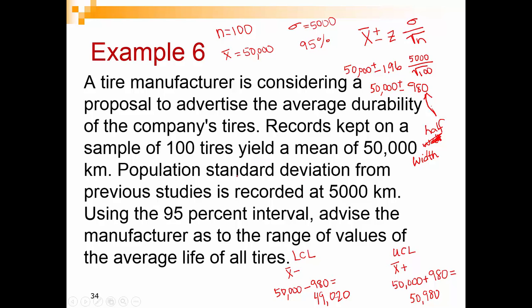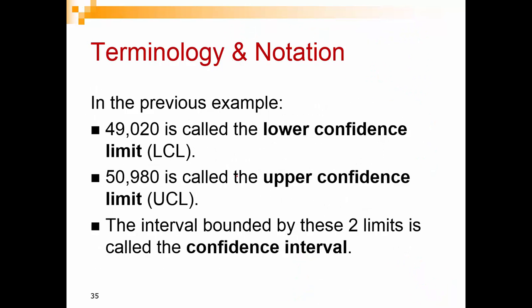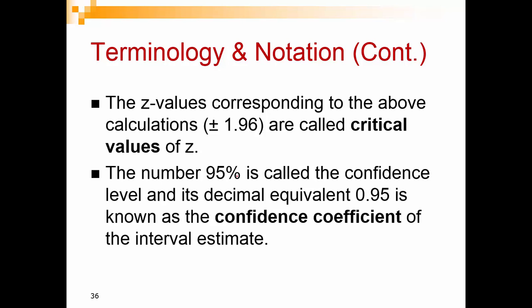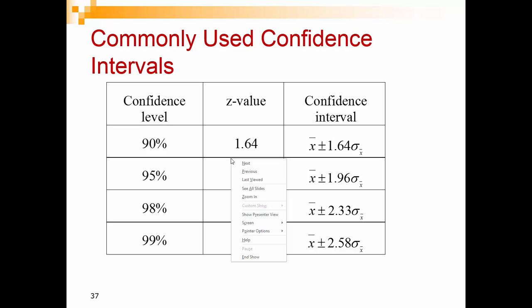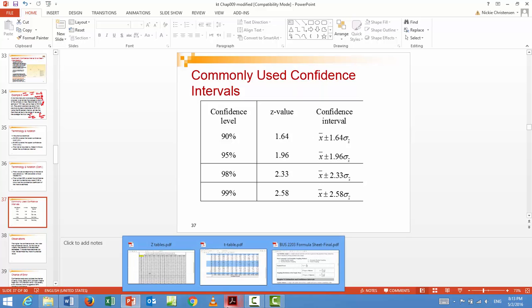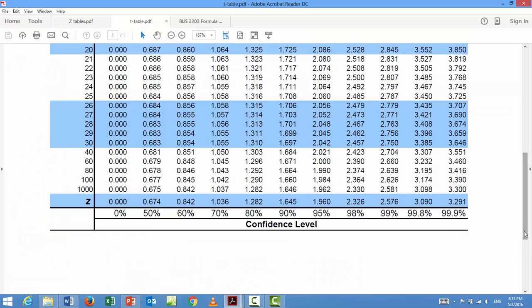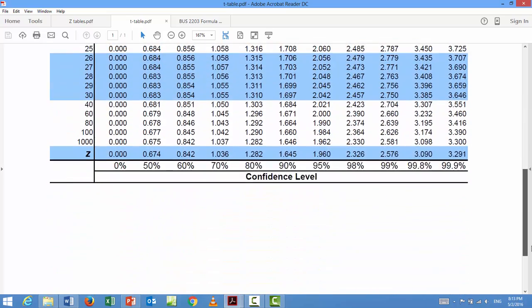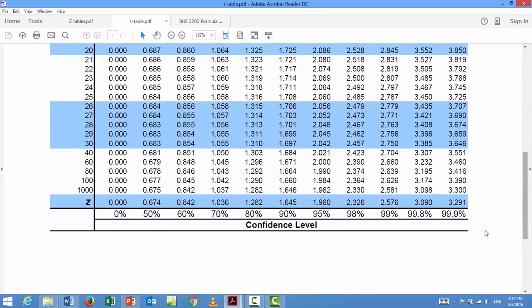So with confidence interval problems, it's really just a matter of pulling out the information. You have to know the formula. Actually, you don't have to know it because it's going to be on your formula sheet. You need to know lower confidence limit, upper confidence limit, and critical value of z. These critical values will be given to you, as I've shown you, on the table. So you've got to know how to use this table. If you don't know how to use this table, you are going to be in a lot of trouble. So that's how to do a confidence interval problem when we know